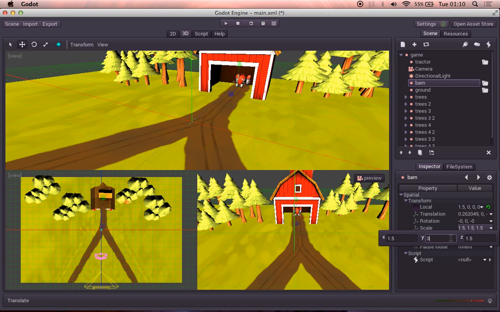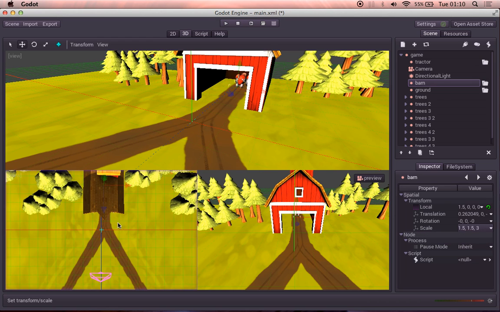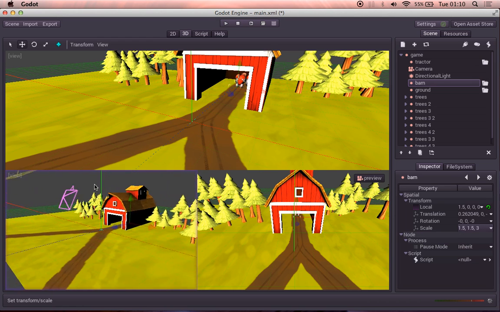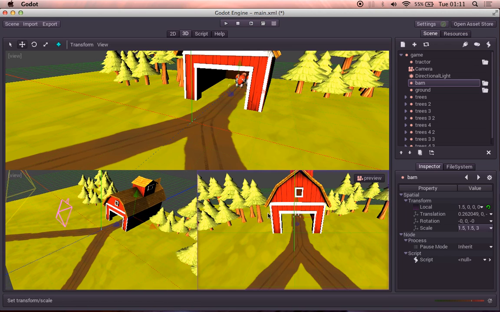If we scale the Y just to 3... nope, wrong one, always get these mixed up. Z. If we scale Z to 3, you can see that the barn is actually a lot longer from the top, and from any kind of view it looks a little bit distorted. Not too bad, but a little bit. But from the front it actually looks very similar to how it was before,